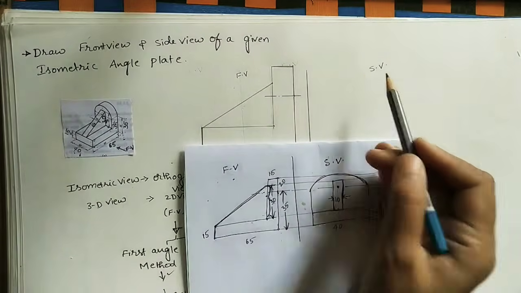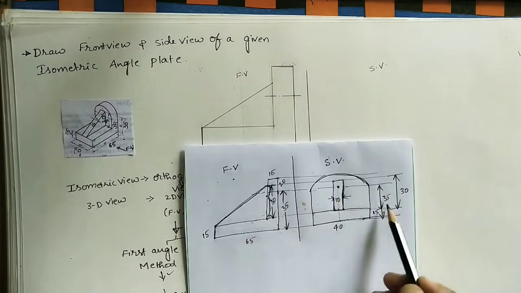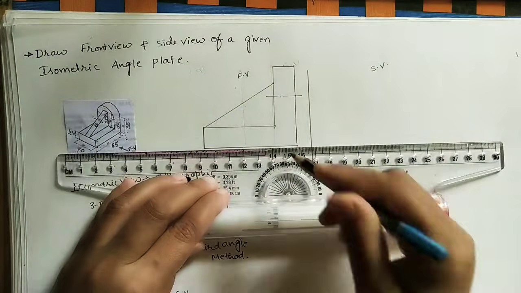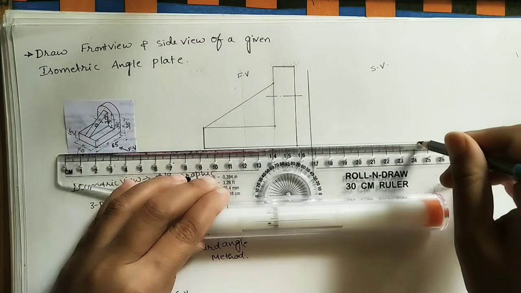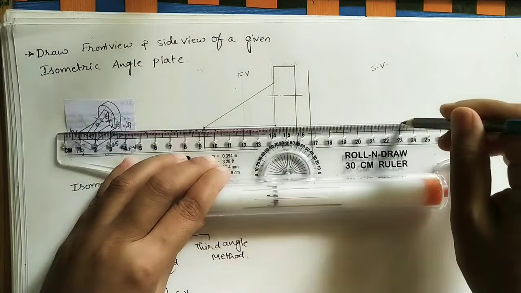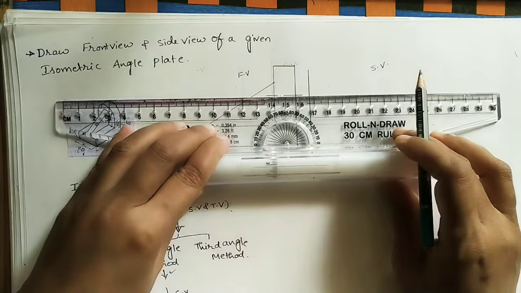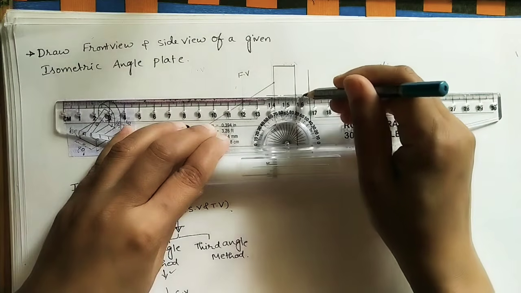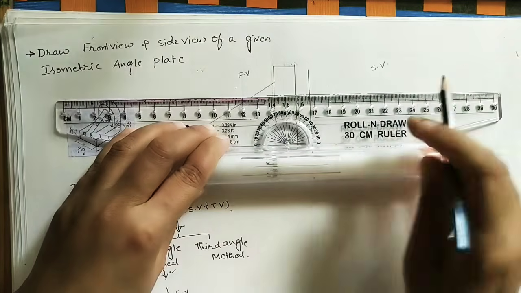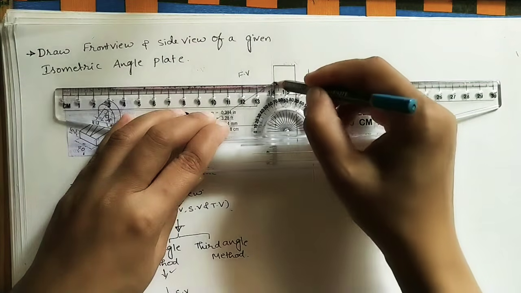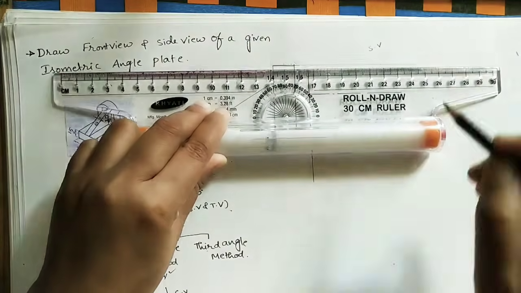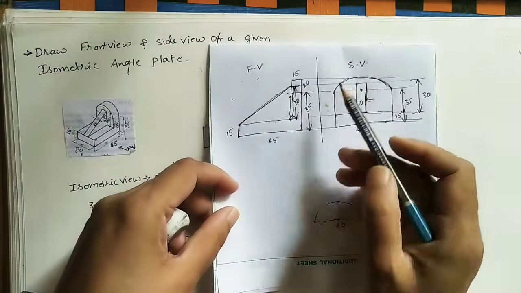Now for drawing the side view, we have to draw the projection lines from all the main lines of this diagram. From this line, draw the projection line of some length. Here also draw a projection line. Here draw the axis line. The axis line is always two big lines with a dot. And from this point, getting the projection lines, draw the side view.